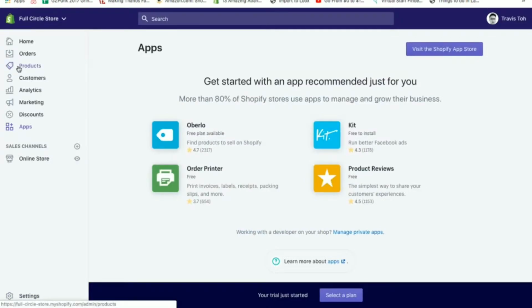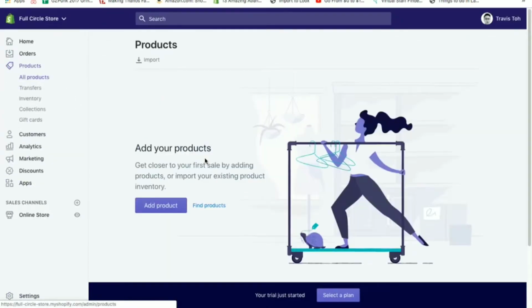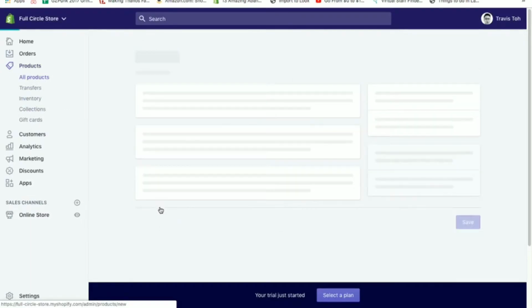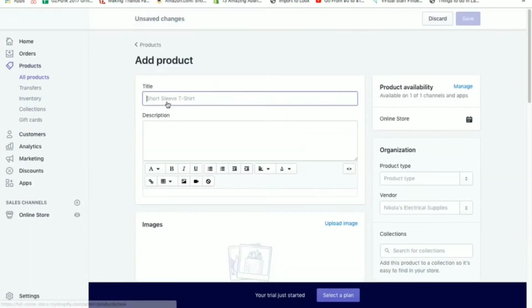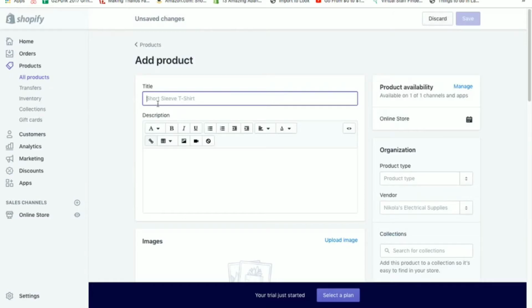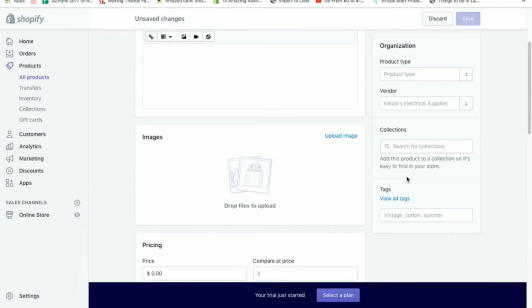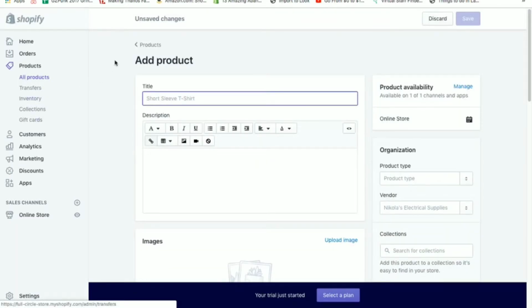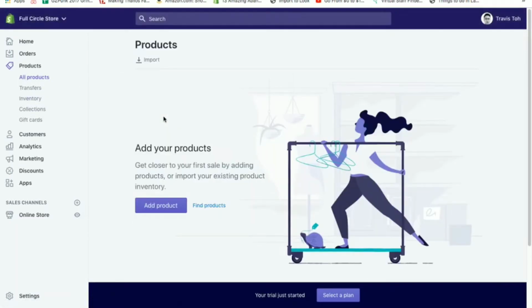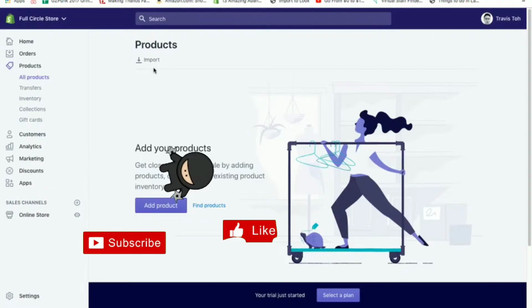In these cases, you have to add products using the traditional method, which is you click on products, click add products, and you have the editor over here, complete the forms, and then save the product, and that's how you add one product. Okay, alternatively, if you have many products, this will save you a lot of time,